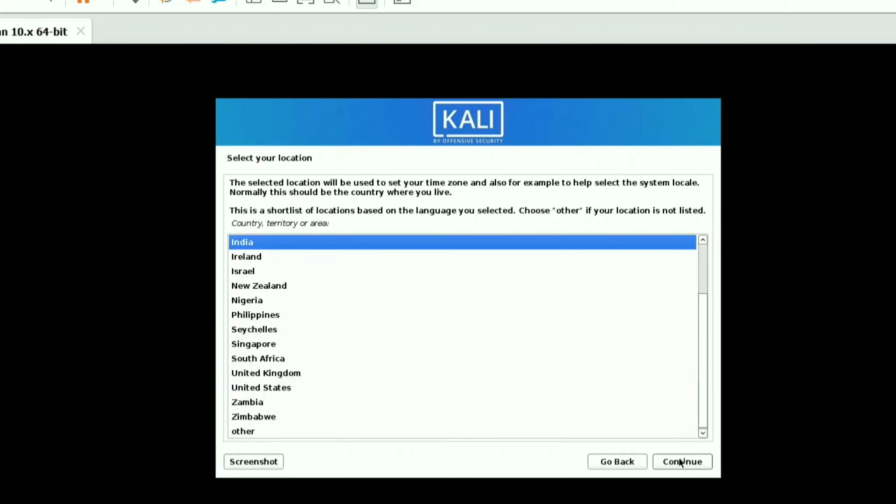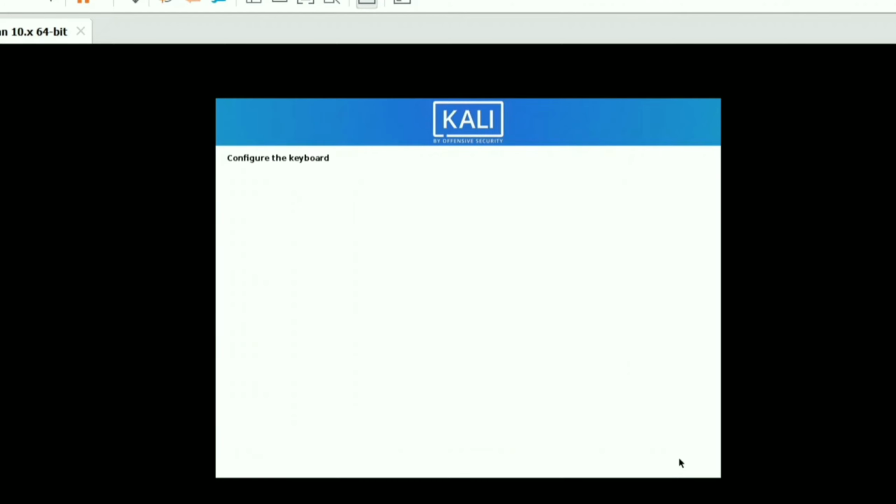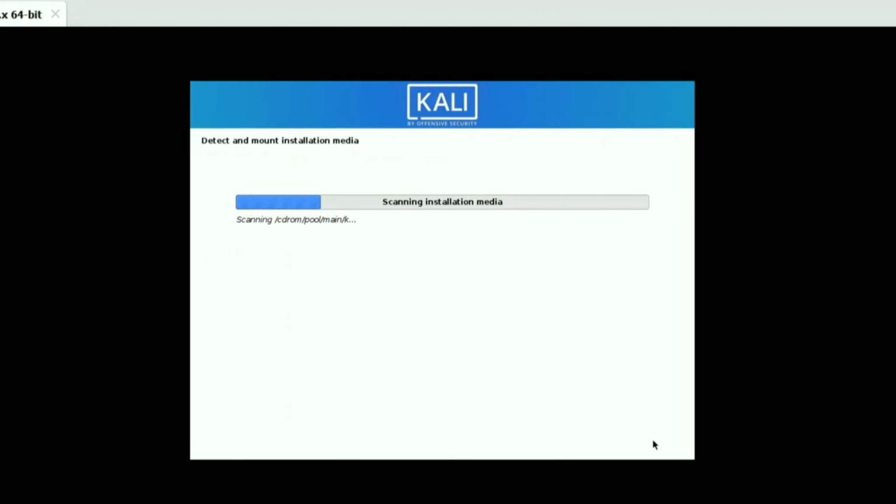Proceed to the next step. Select your keyboard, American English. Continue. It will detect some files. It's loading some additional components. You just need to wait, it takes time.